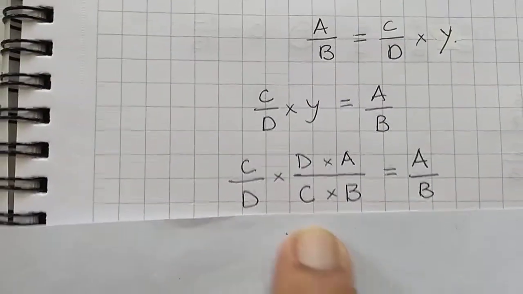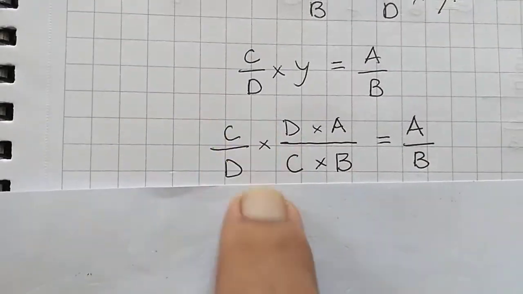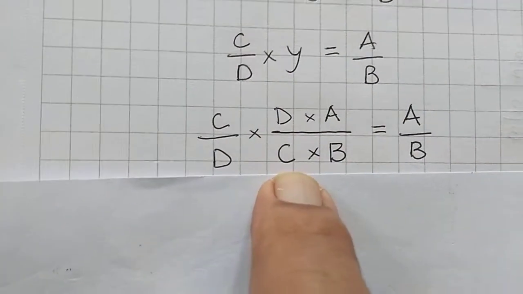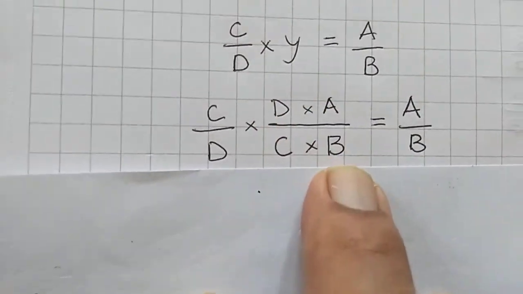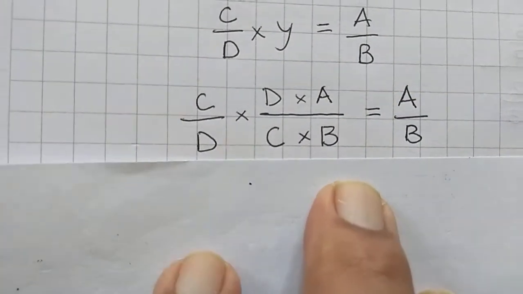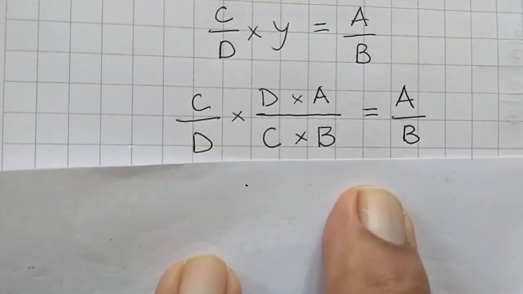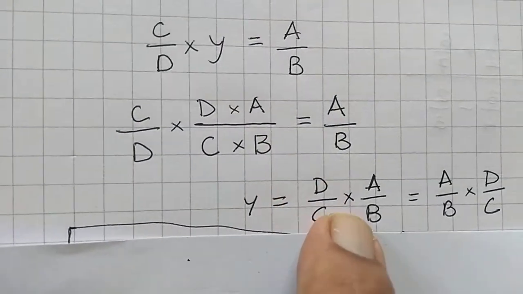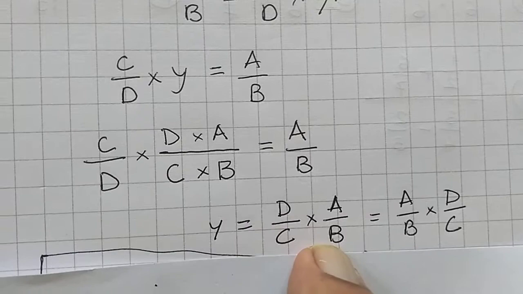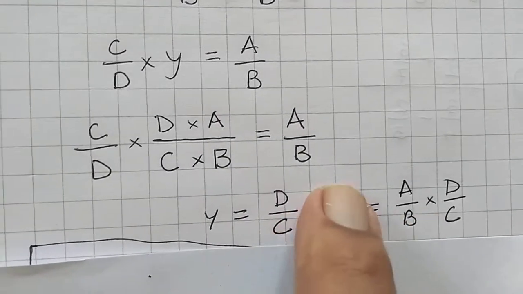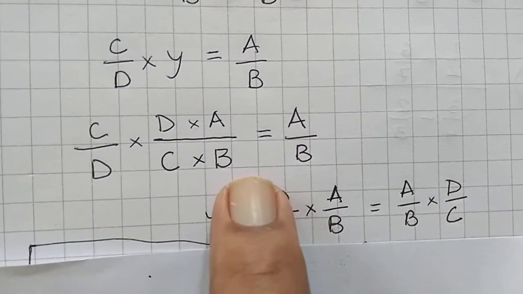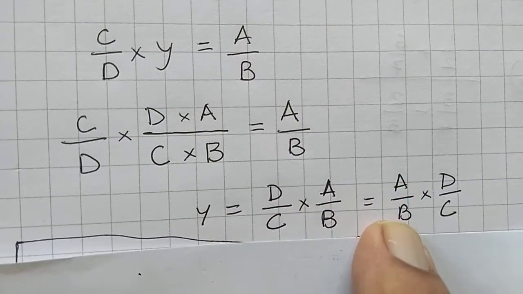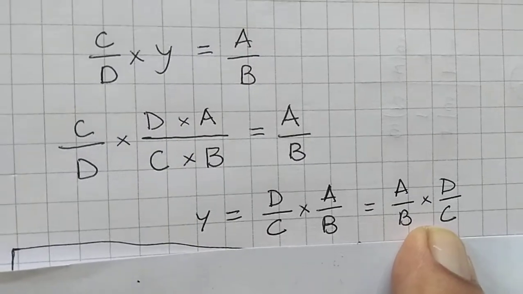So now what do I replace y by to get a over b? The first thing is I take the reciprocal of this. So I put d over c, and then I multiply by a over b to get a over b on this side. So my y is equal to d over c into a over b, which I rewrite because I'd rather write a in front before d, so I just change the order. I write a over b into d over c.